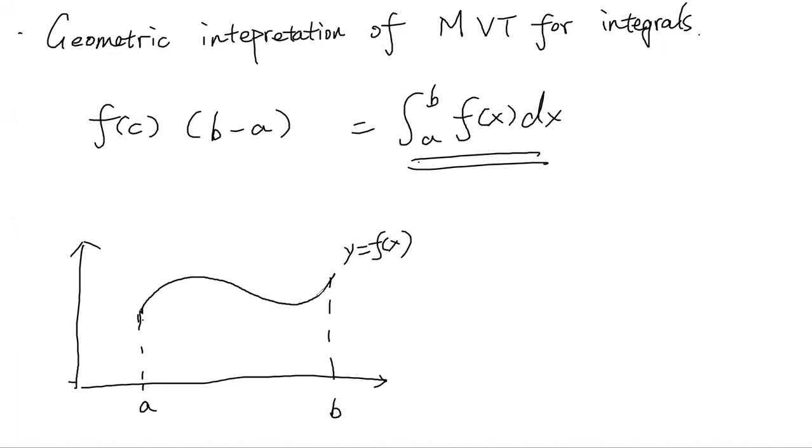So let's just assume everything's nice here. f of x is a positive function on the interval a, b. So this integral represents the area under this curve. And then on this side, f of c times b minus a. Recall that the c in the mean value theorem is a number between a and b, so it's in this interval a to b. So let's suppose c is here. Then the left-hand side of this equation is